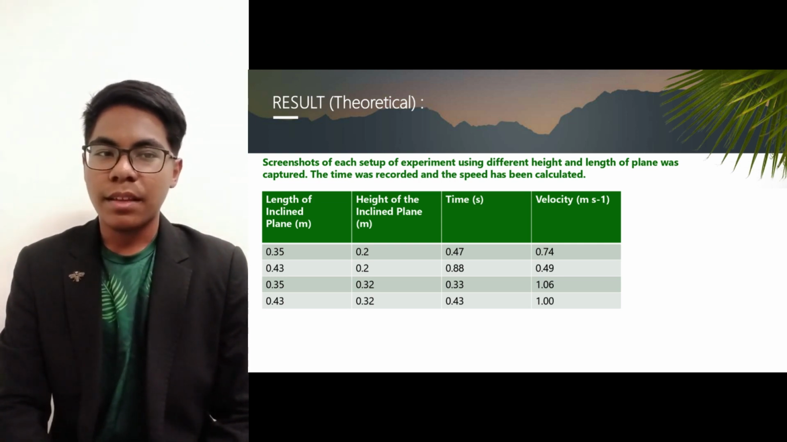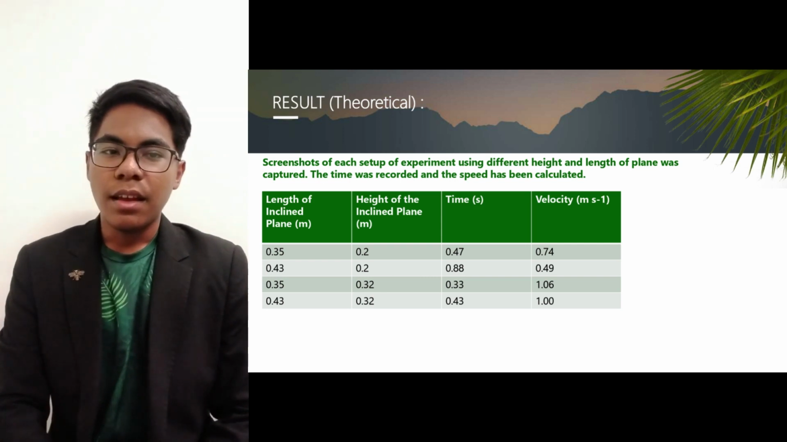The basic concept that we can understand here is when the height of the inclined plane is high and the length of the inclined plane is low, the velocity is highest. When the height of the inclined plane is low and the length of the inclined plane is high, the velocity is